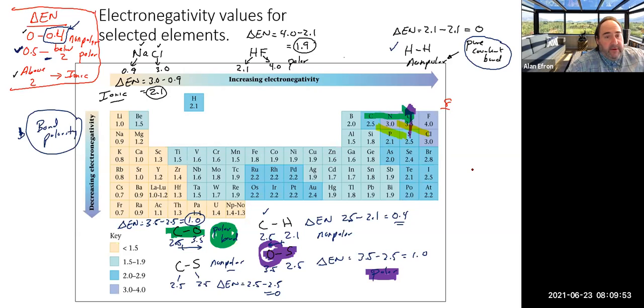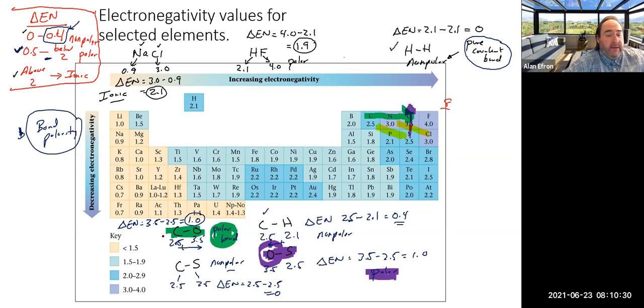The levels of sharing are basically two. One is perfect sharing, or equal sharing of electrons, I guess is a better way of wording that. With equal sharing of electrons, we get what is referred to as a nonpolar bond, sometimes called a nonpolar covalent bond. Most people would just call it a nonpolar bond. That implies that the electrons are being shared equally between the two atoms of those particular elements. Now, we also have a polar bond, or polar covalent bond,